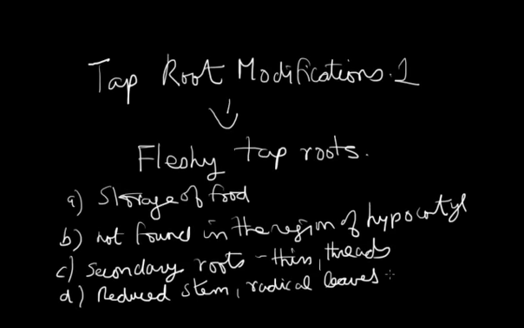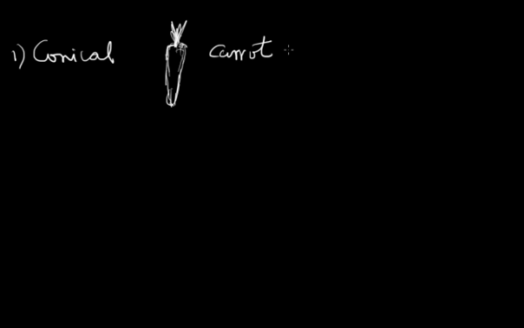And the first case we are dealing with is what is called conical fleshy taproots. And as the name indicates, let me draw something like this. Here the shoots are coming out, the shoot part comes. Of course, most of you would have guessed from the diagram itself what I am referring to. It's a carrot. So the conical means it looks like a cone, and